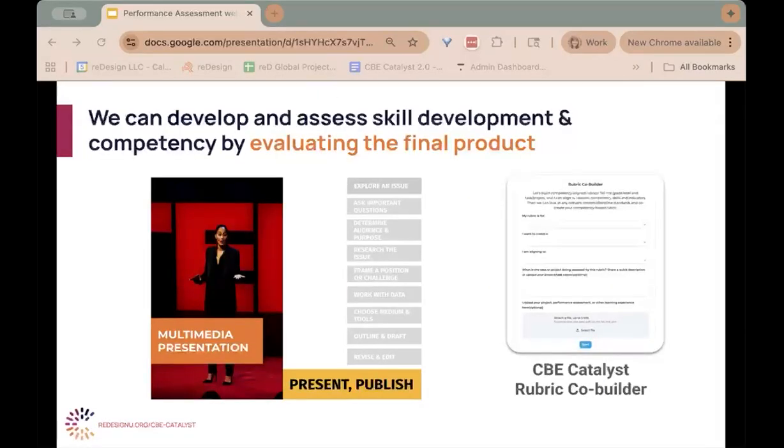So a little bit to close out here: when you have created a performance assessment and you have the thinking blocks you're going to use, eventually there is some end product that learners are sharing that represents their skill development over the process of this performance assessment.